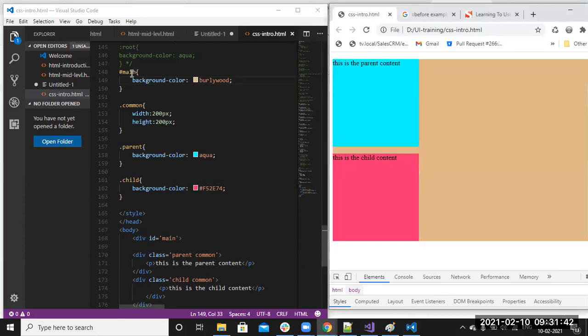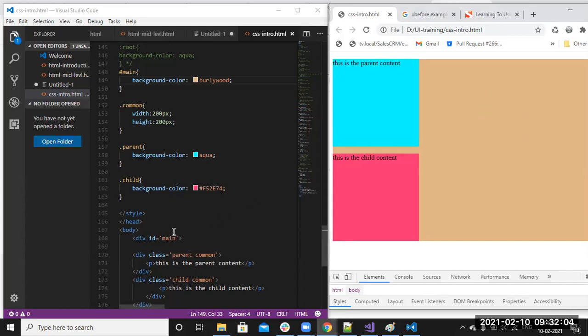Now you can see that hash main's background color is applied right here and here. The parent background color is aqua and the child background color is this one, so both are applied, and the remaining main background color is applied. Here it is fine.